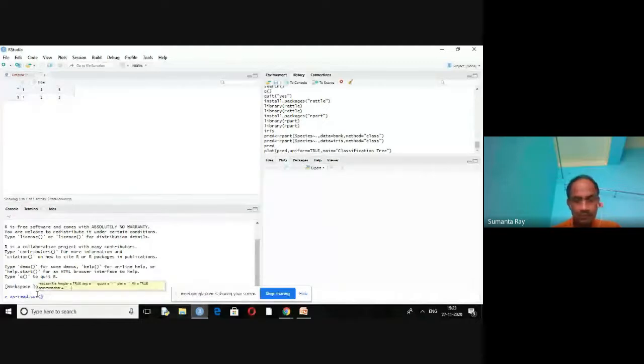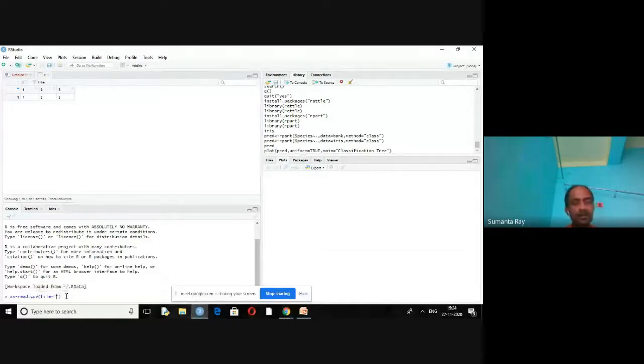File equals to, within the double inverted commas, you have to copy the path of the file where the actual CSV file is located, and paste it. In this way, you can import a CSV file. There are so many commands; that is one of them.